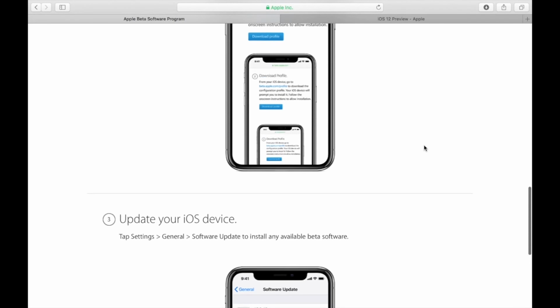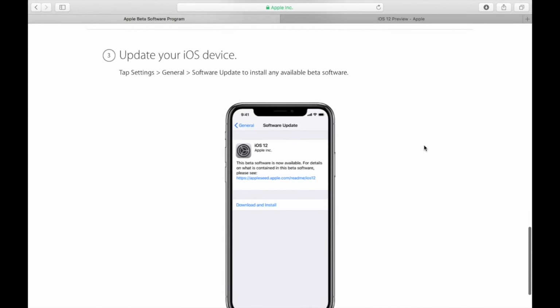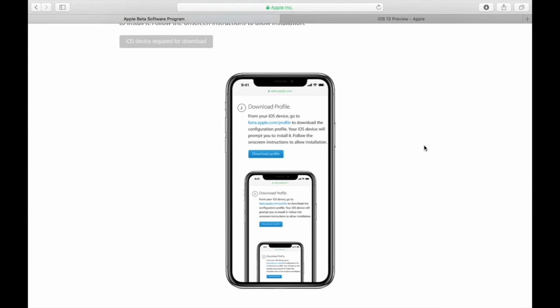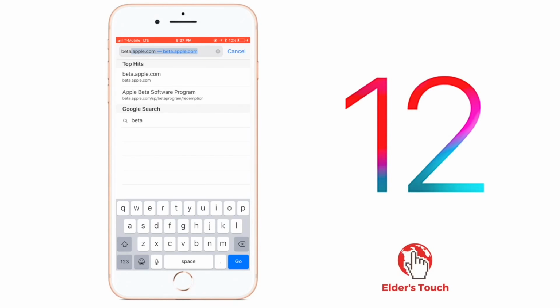beta.apple.com/profile. So what you're going to want to do is head over to that website on your phone, and as you see here from the steps on their website, it will continue the walkthrough to get the iOS 12 update added onto your phone. So now we're going to go over to the device and type in that site,